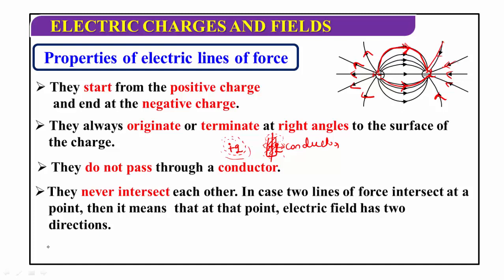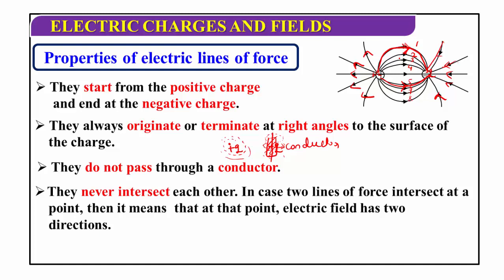Here observe this diagram. Two electric field lines cannot intersect each other. Here from positive to negative the first line has gone, this is the second line, third line, fourth line, fifth, sixth, seventh, eighth, electric field lines are like this. But two electric field lines never intersect each other, because if the two field lines intersect, then the unit positive charge at the same point of intersection must move in two directions. It is not possible because the electric field line is always moving in one direction. Therefore, two electric field lines cannot intersect each other.